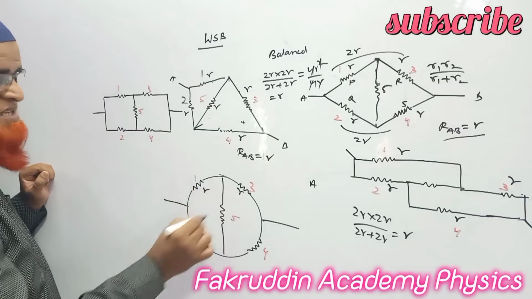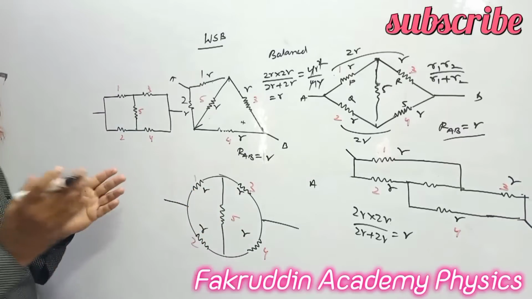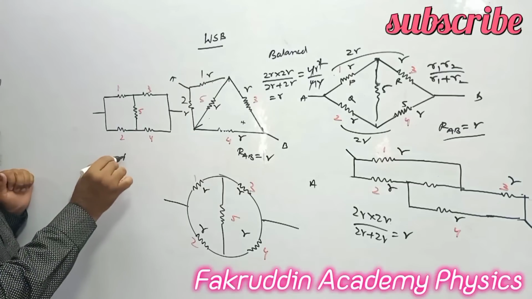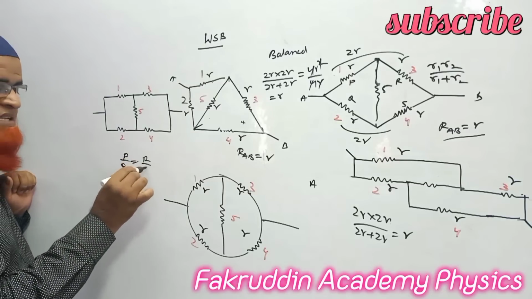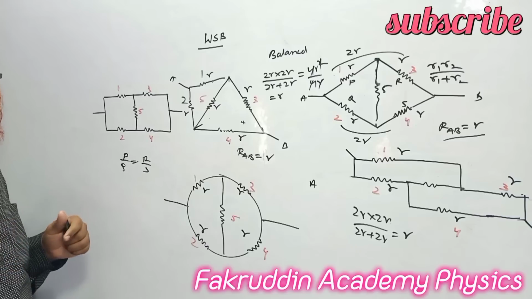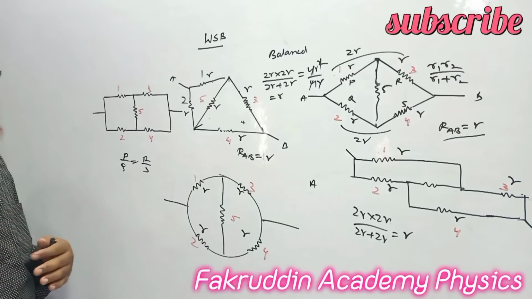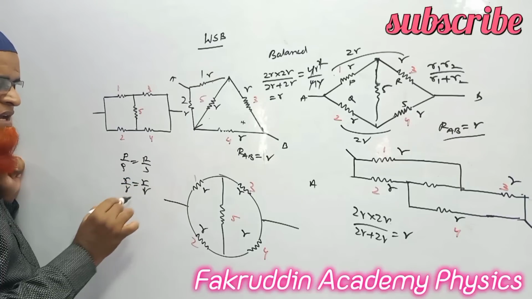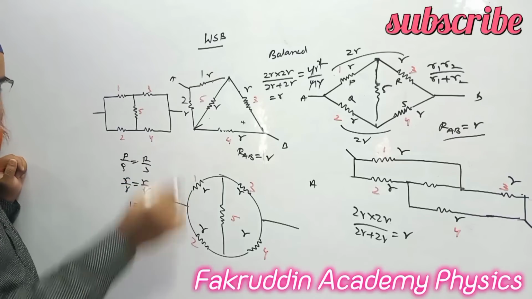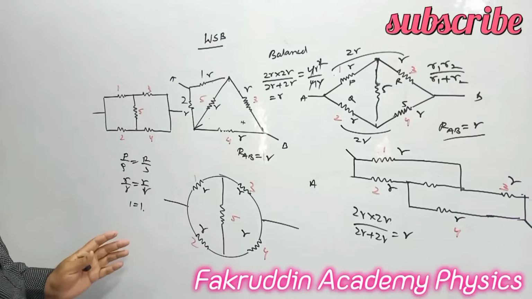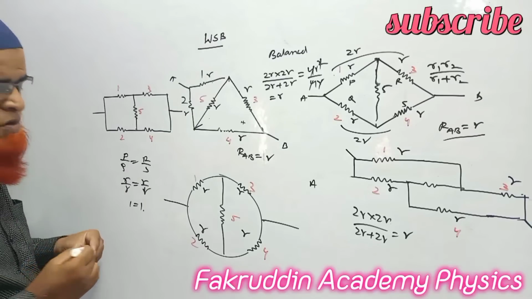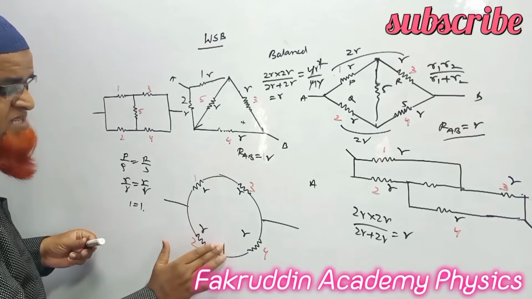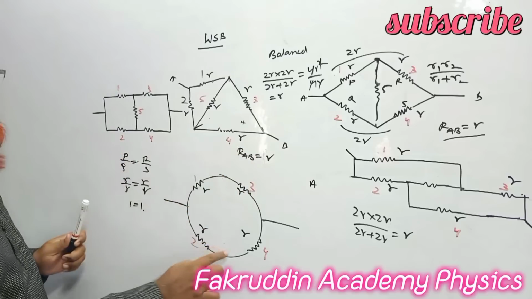As these are the same resistors here, I told you that when P by Q is equal to R by S, it is going to be a balanced Wheatstone bridge, which I have discussed in the case of Kirchhoff's second law. So R by R is equal to R by R here, which is nothing but 1 equal to 1. So this is also a balanced Wheatstone bridge. And I told you in a balanced Wheatstone bridge, there is no current passing through the middle resistor, which is balanced already. So then what is the meaning?